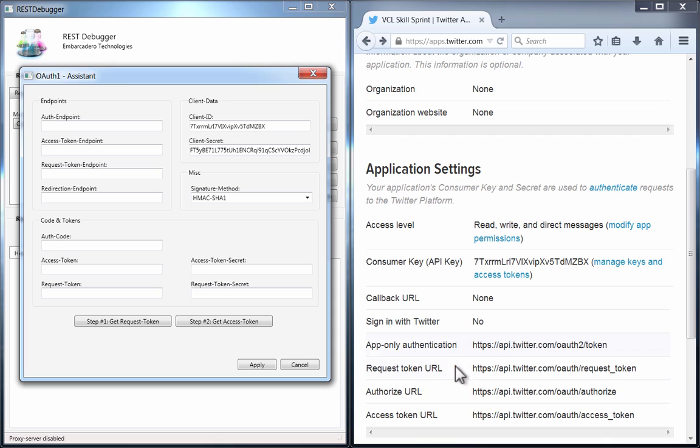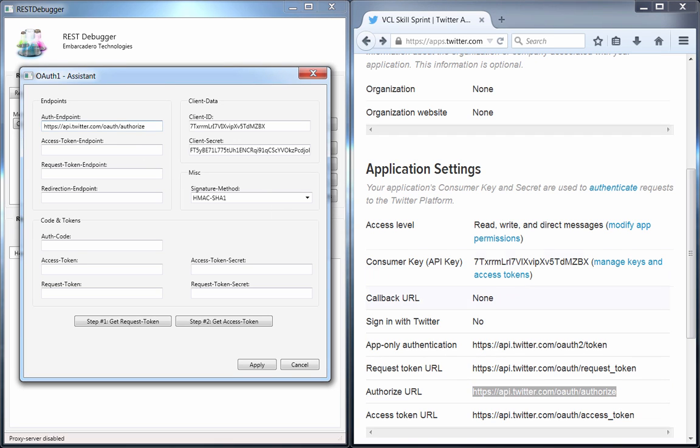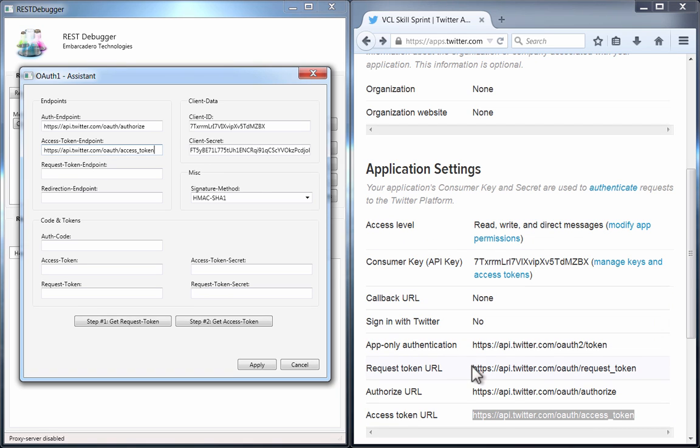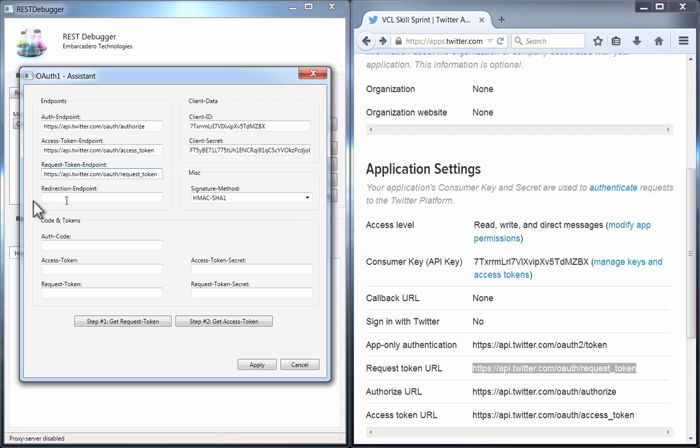First, we grab the auth endpoint, which is the authorized URL. We'll copy that over. The access token URL is here. The request token URL is here. And that's all we need for the generation of our tokens. If we click Get Request Token,